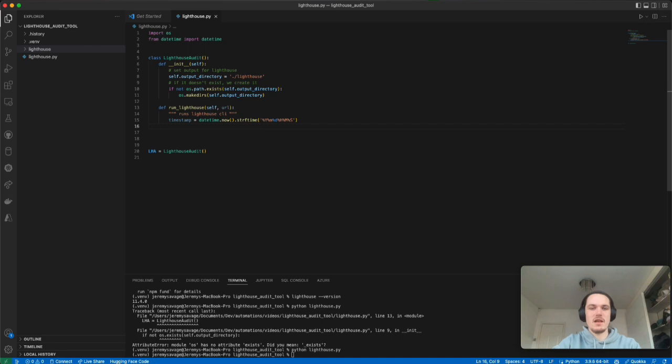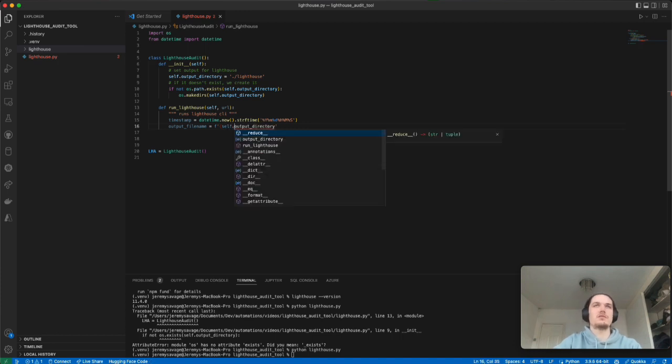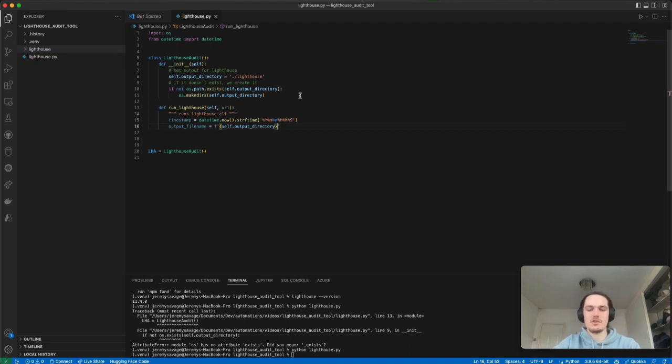Okay, and then we're going to go for an output file name. This is what we're going to save the file as. It's one of the arguments for the script. So we're going to create, using an f string, the output directory, self.output_directory. So that's going to put it in our newly created Lighthouse directory, and then we go dash, and then we're going to go